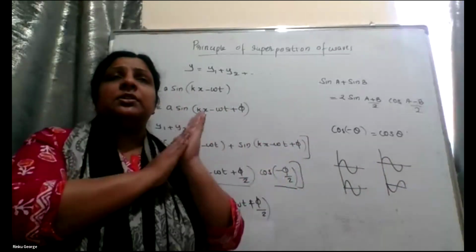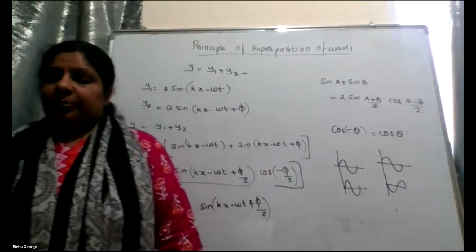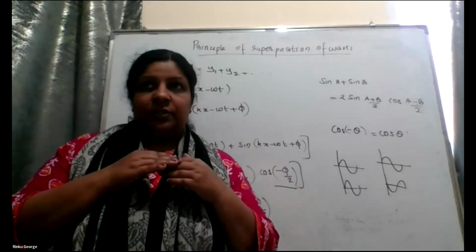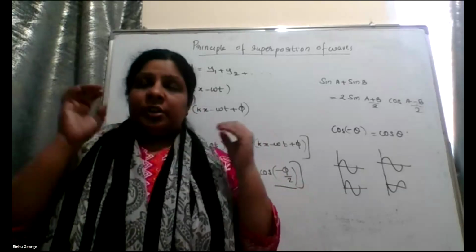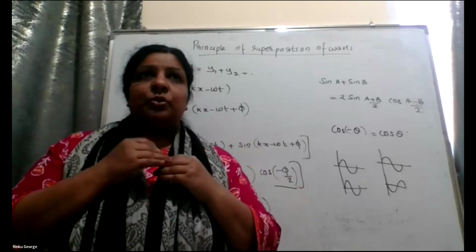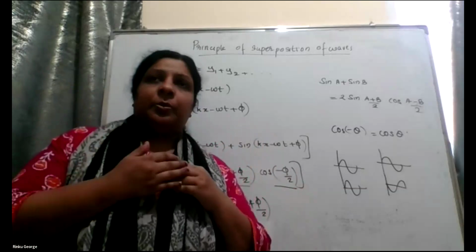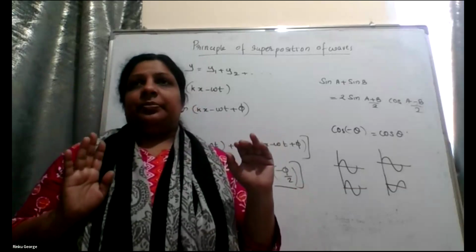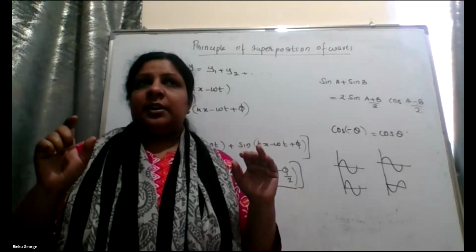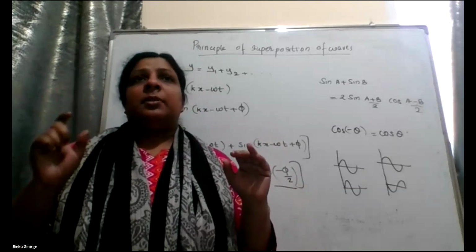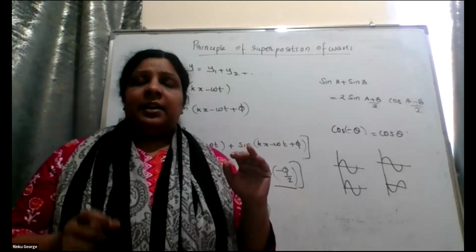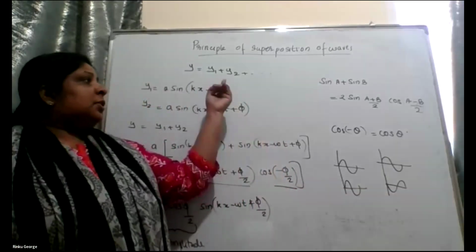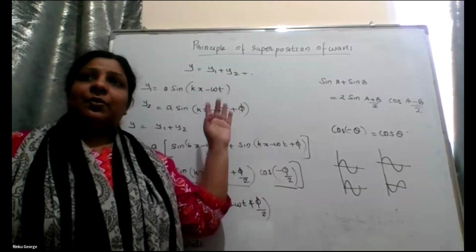Superposition. So just go through the equations. What do you mean by the superposition principle? If you have two independent waves, when they both interact, superposition will happen because waves obey the superposition principle. What is the superposition principle? Independent interaction of waves. So the first wave is y1, which you will write as A sin(kx minus omega t). And the second wave is A sin(kx minus omega t plus phi). Why like that? Because the phase difference between these two waves is phi.